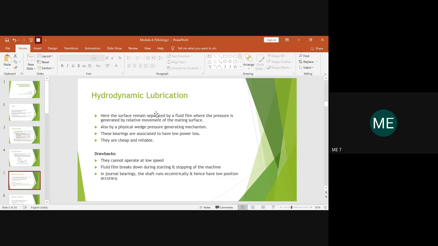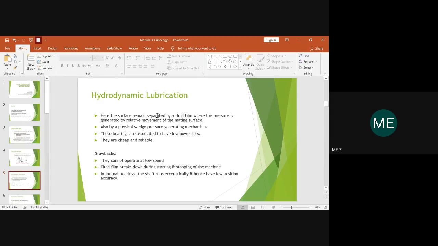Now a question might come into your mind: we have studied hydrodynamic lubrication already, and it is working well. We have studied the fully loaded hydrodynamic journal bearing, which is also heavily loaded. So what is the need for going hydrostatic? You should know the difference between when to use hydrodynamic lubrication and when to use hydrostatic lubrication. So you know the drawbacks and the key important parameters in the case of hydrodynamic lubrication.